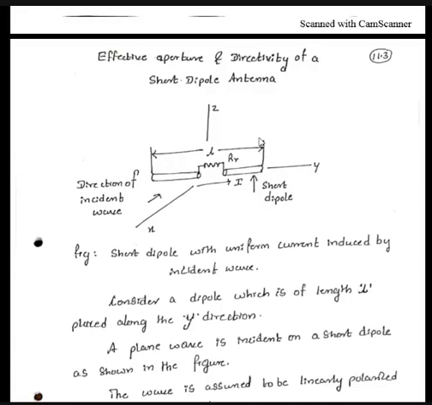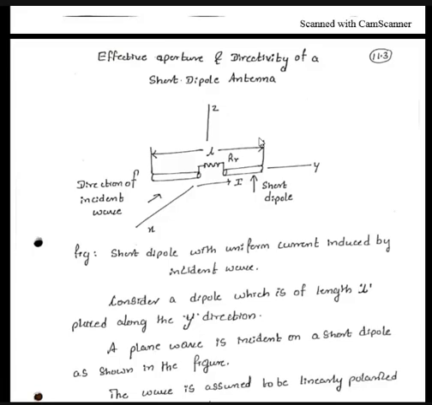antenna, which would have a main lobe, that is maximum radiation here, minor lobes, where there is less radiation, and back lobes, where there is also less radiation. We also tried to understand beam area, radiation intensity, beam efficiency, directivity, gain, antenna aperture, and the last topic which I discussed in the previous video is the relationship between the antenna aperture and directivity.